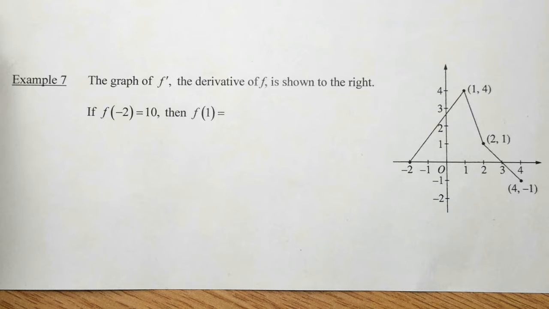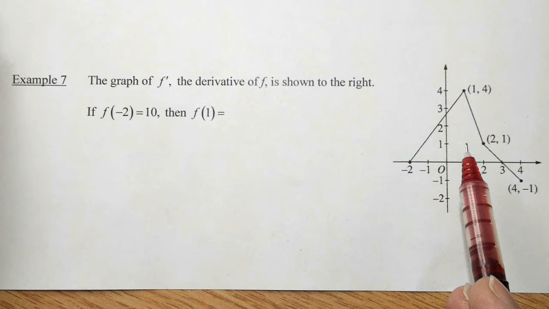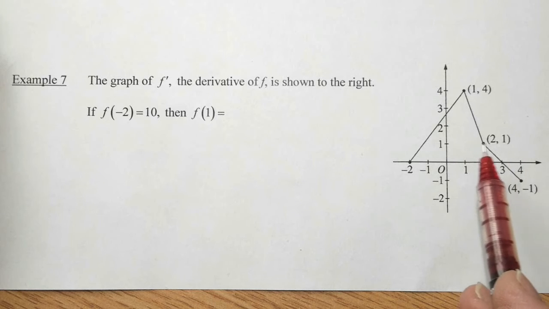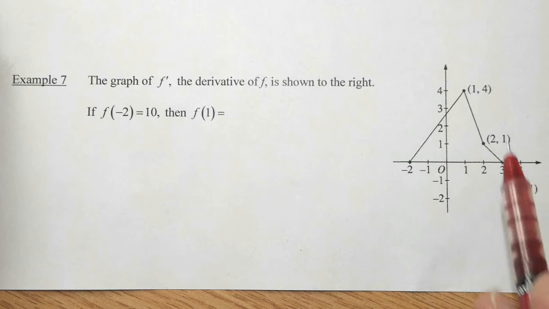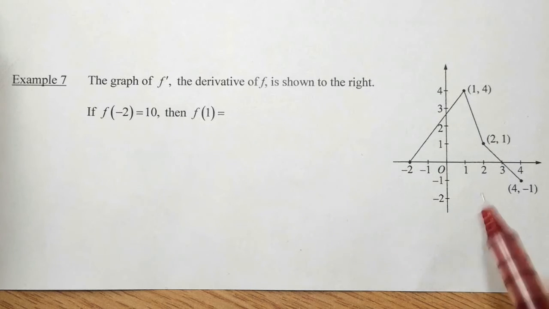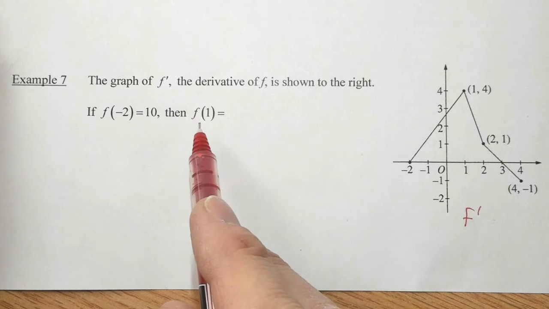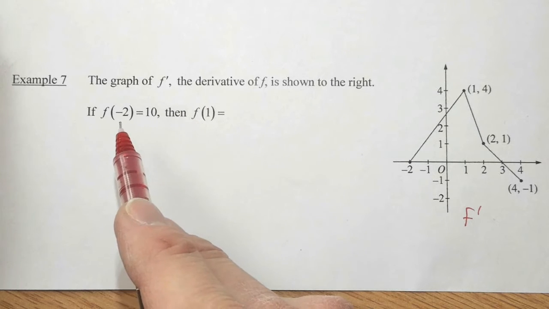Since the definite integral represents the area between a function and the x-axis, we can also answer these questions if we're given the function's derivative in terms of a geometric view, like so with example 7. Here we're told that this is the graph of f prime, and we need to figure out what f of 1 is, if we know that f of negative 2 is